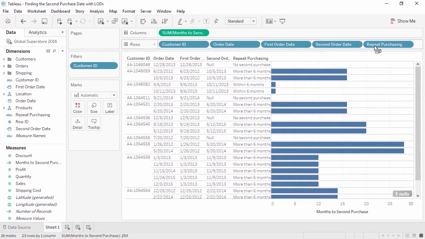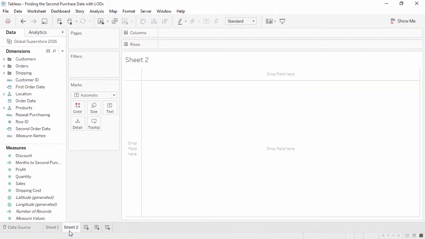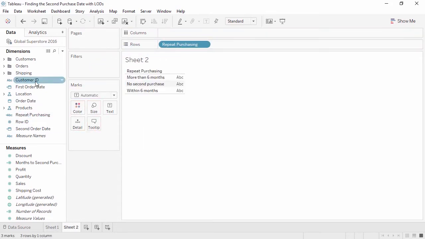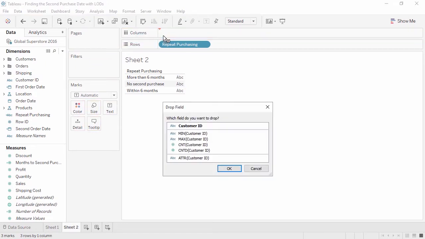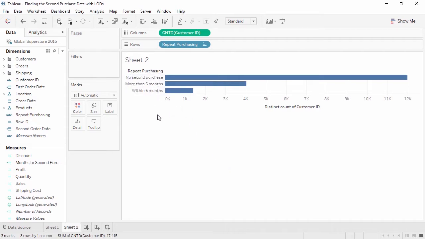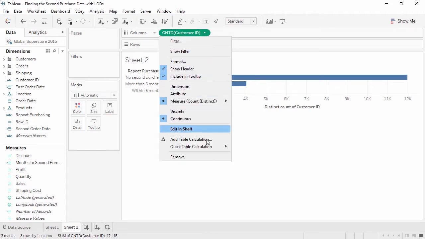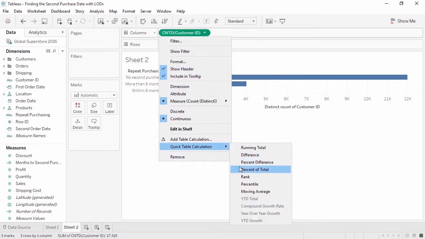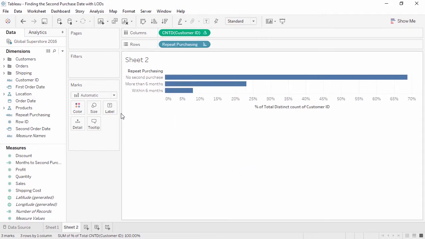Now we're fully set up to answer our original question about what % of customers purchase again within 6 months. Create a new sheet, bring repeat purchases to rows, and right-click drag Customer ID to Columns, and select Count Distinct. Now we see the raw numbers of how many customers fall into each of these categories. If we bring up the Pills drop-down menu and add a quick table calculation for percent of total, and turn on Mark Labels,